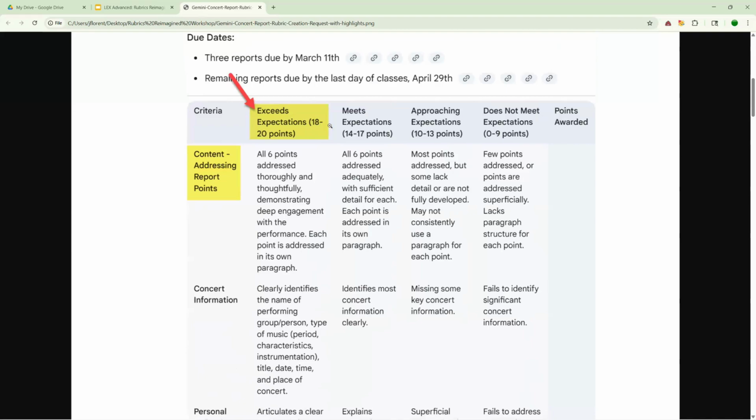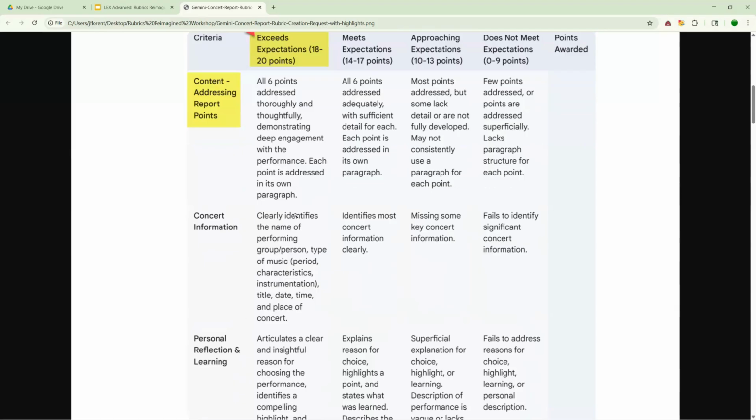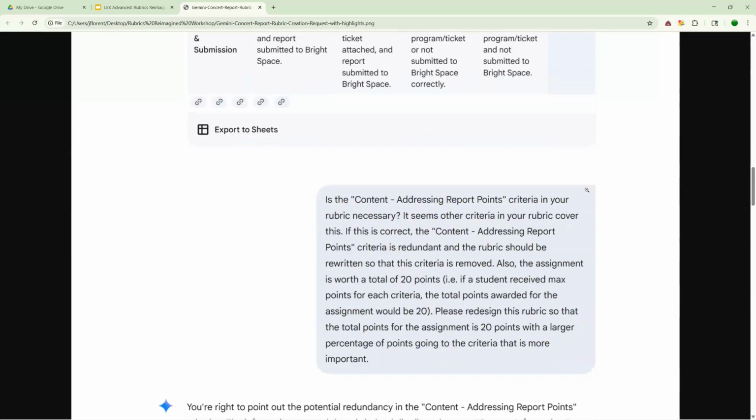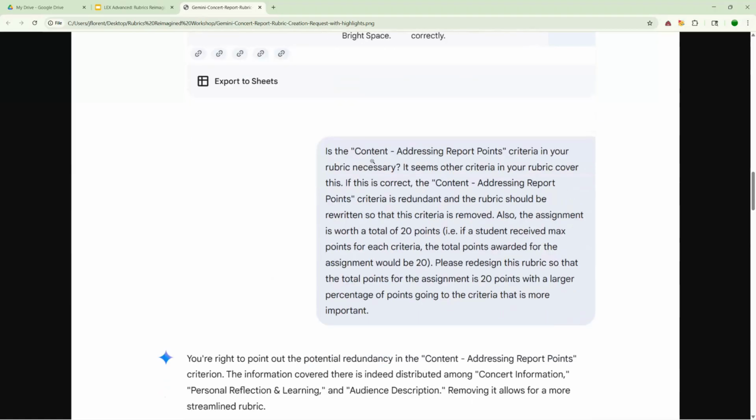Also, it came up with 4 levels: exceeds expectations, meets expectations, and approaching does not meet. So in looking at this, I know that this is totally wrong because these 6 points are already broken out as criteria. So I came back and said,